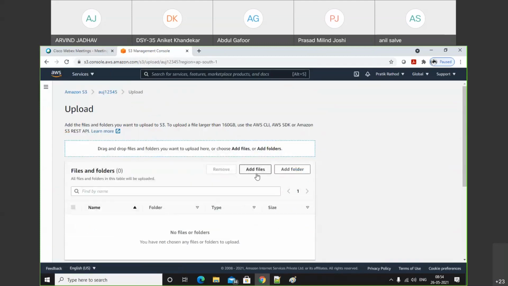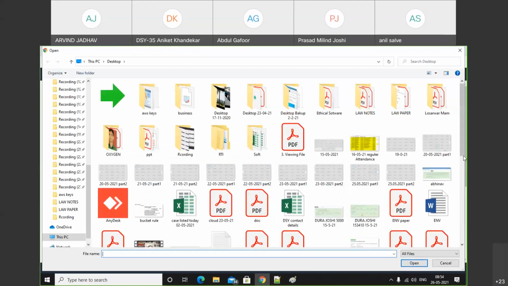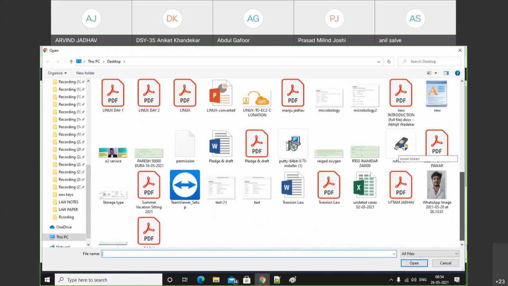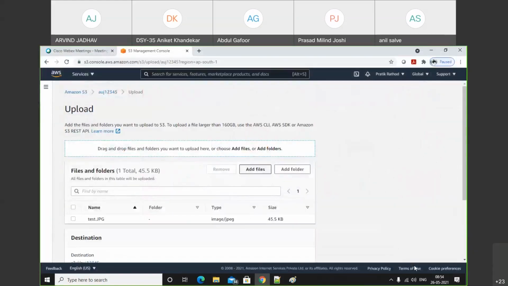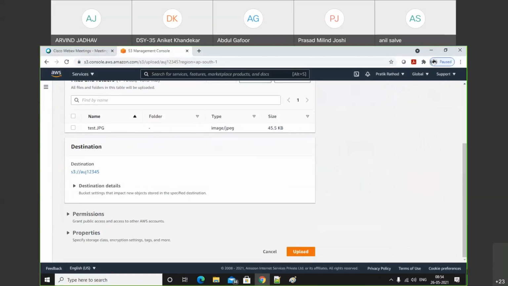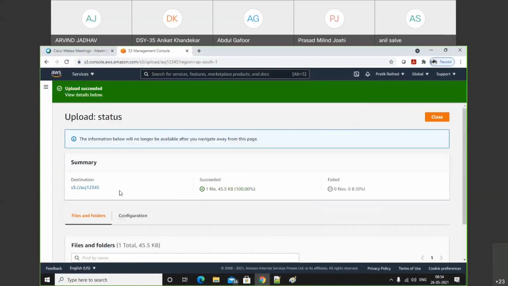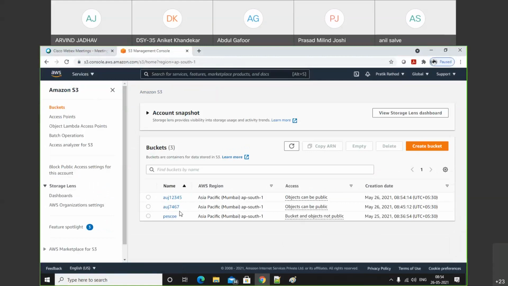Click on add files. We'll add the file as test. We have three buckets: PSCV, AG7461, and AUG12345.